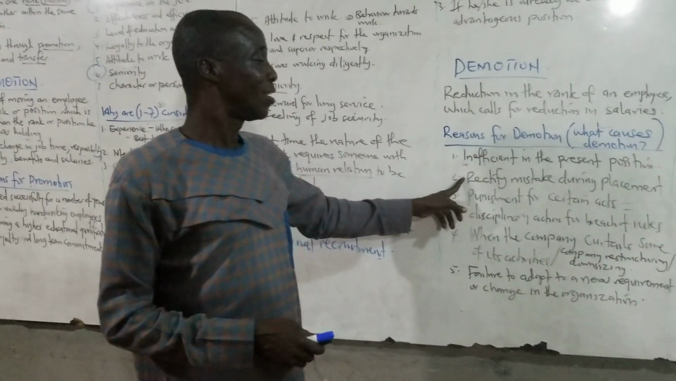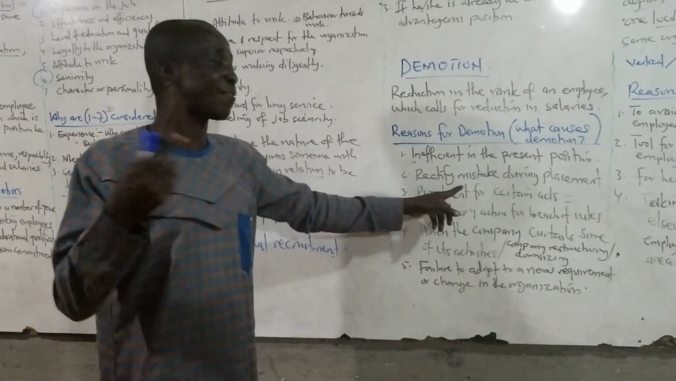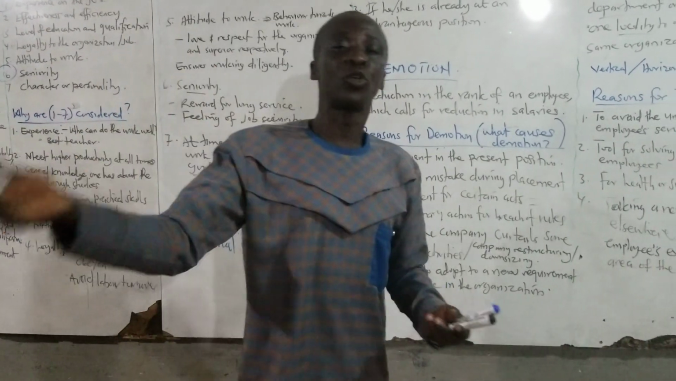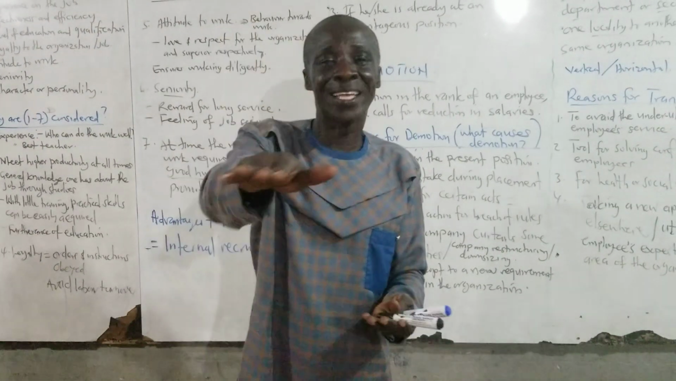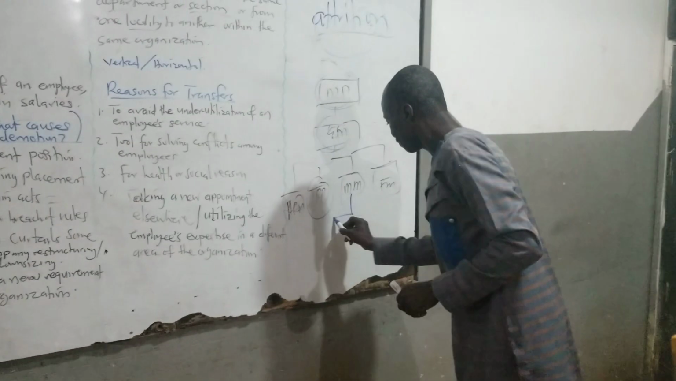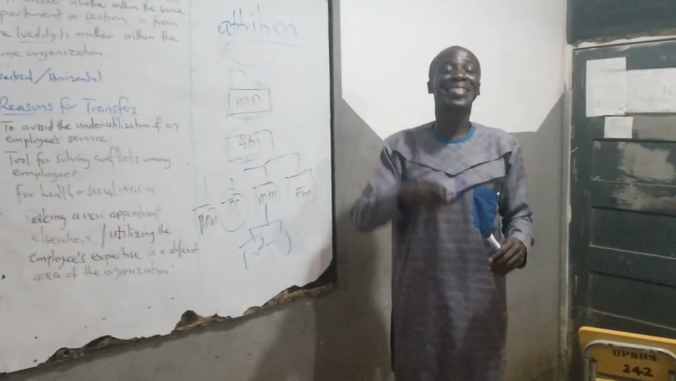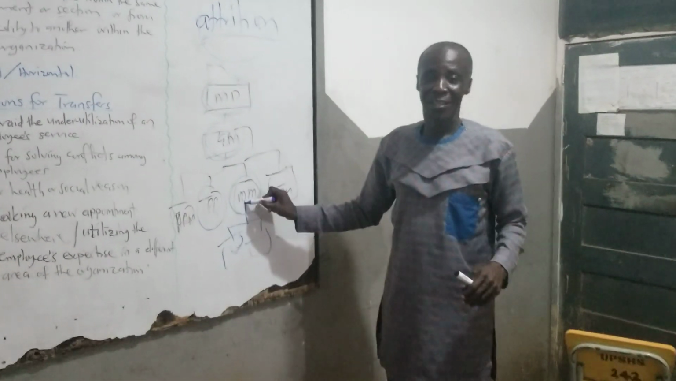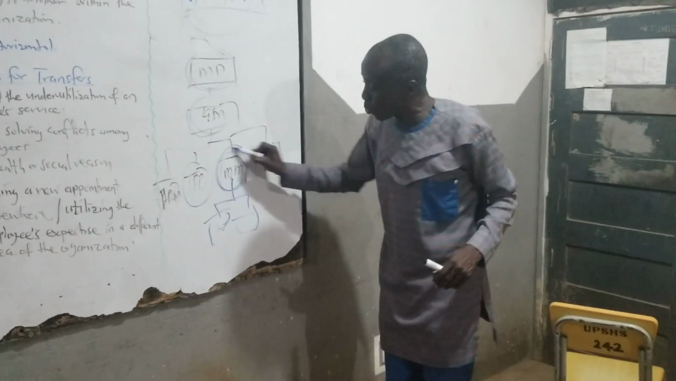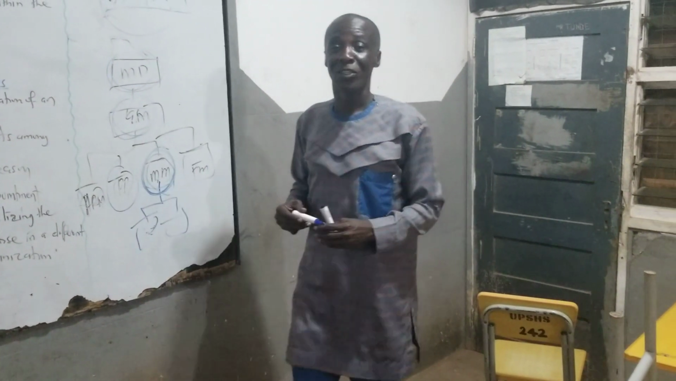The next one, demotion may also be done to rectify a mistake that was made during placement. You see, you came to the organization, you were placed in a certain position. You were supposed to have been placed here, but by mistake you were placed here. So later, if it is detected, you have to come here. But since you have occupied this position and now you are coming here, then certainly you are going